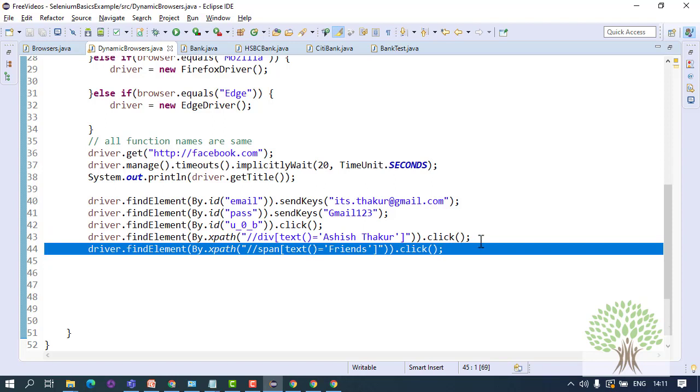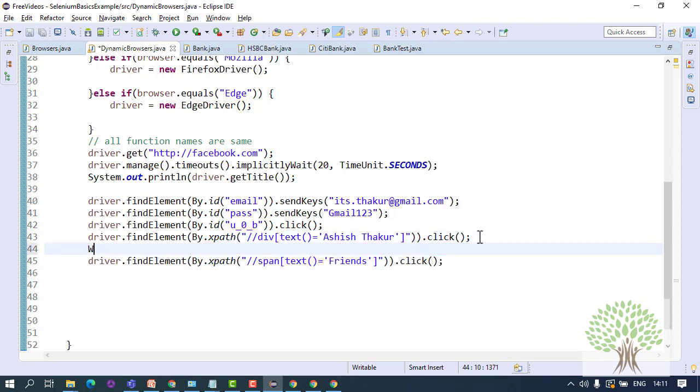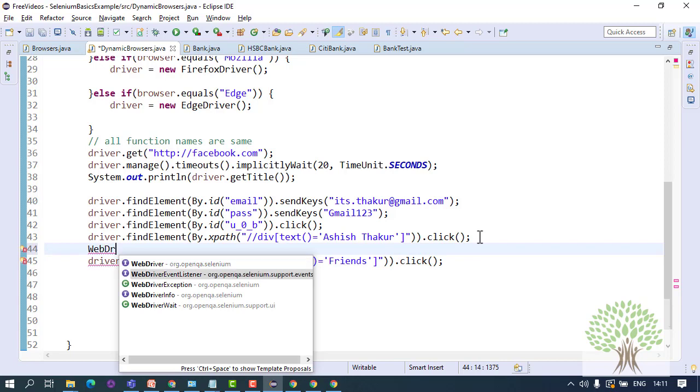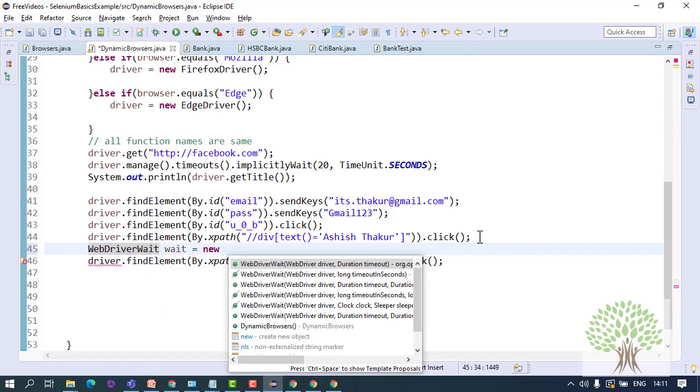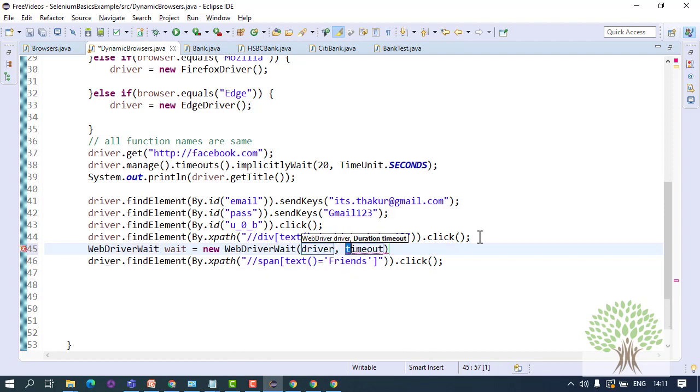Look, the thing is, you'll have to use explicit wait over here. You will have to write WebDriverWait. You'll have to create the object of WebDriverWait with explicit wait timeout of say 10 seconds. You should always do this.